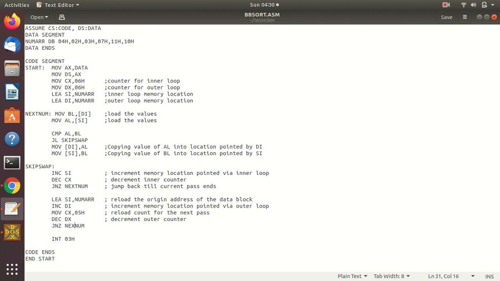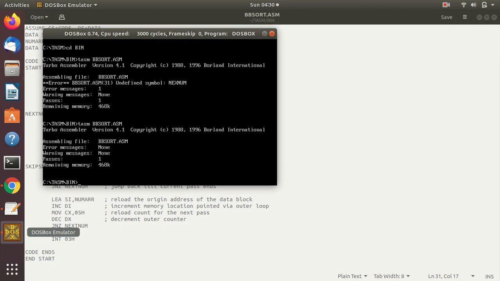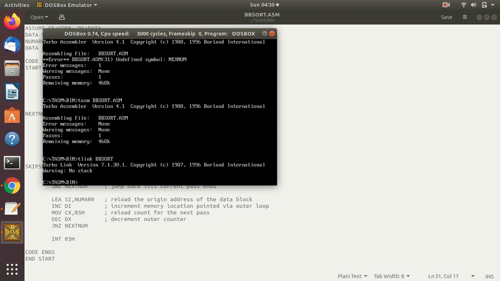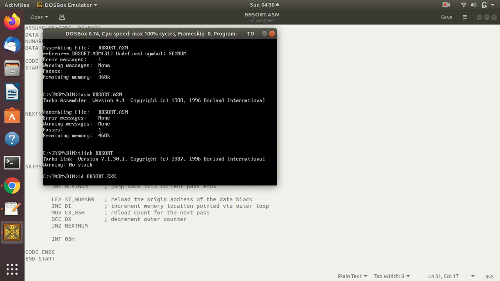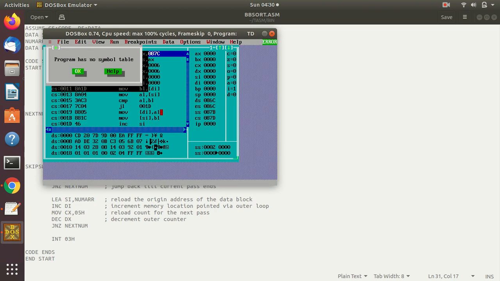Okay, sorry, next num, we forgot a t. Okay, so error message is none, warning message is none, pass is 1. Okay, let's go for TLINK bb sort, TD bb sort dot exe.